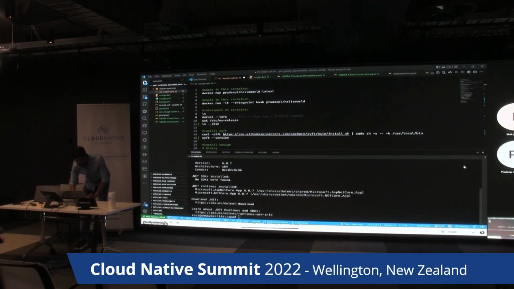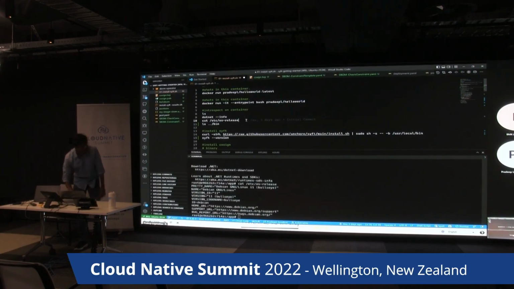If I need to understand more, for example the version of the OS that it's running, I need to know where to look for it within the container. A lot of people find it hard to even figure out which OS is running within this container. For example, this I know for sure is running Debian. Yes, it's running Debian 11, Bullseye. So this is how we figure out what's within the container.